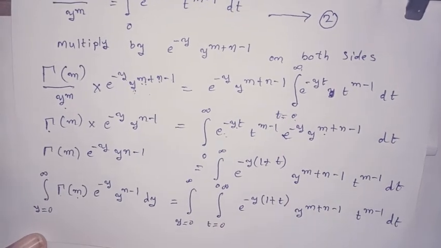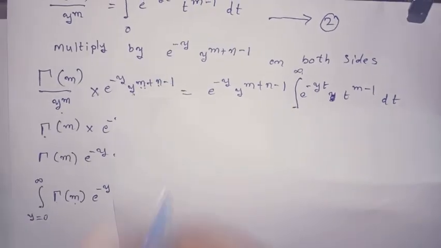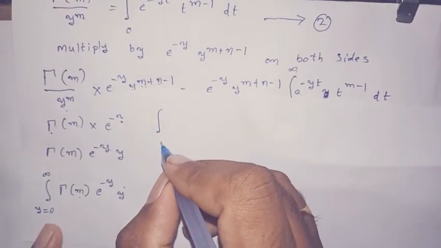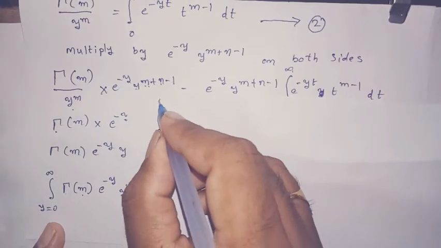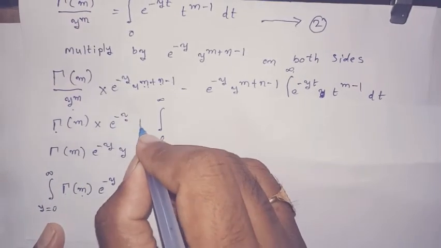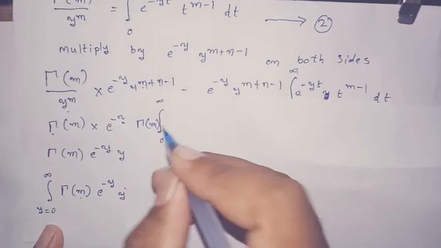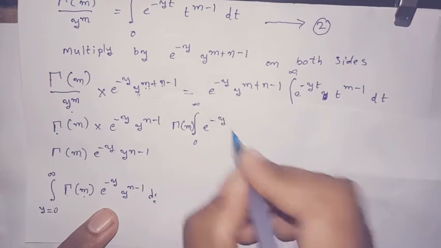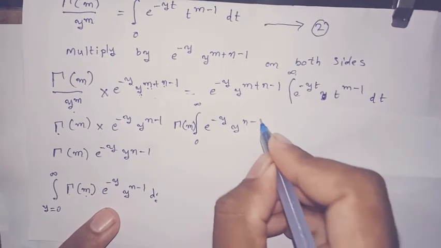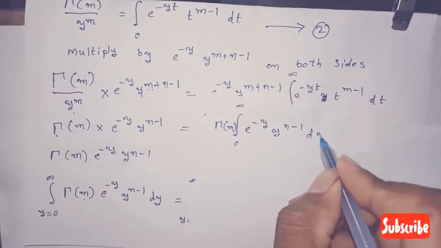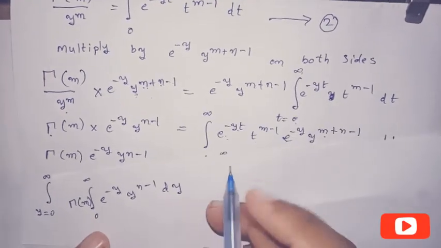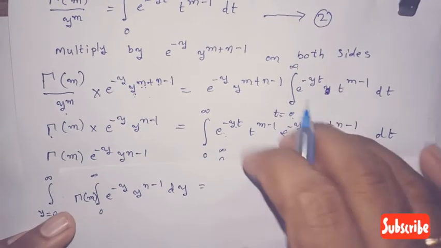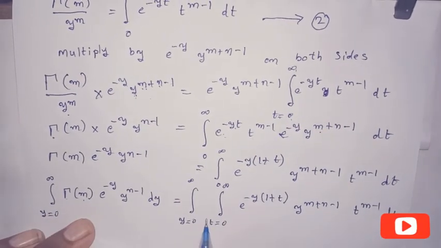The integral with the limits y equals 0 to infinity, where gamma of m is constant, of e power of minus y, y power of n minus 1 dy is equal to, changing the order of integration, that is